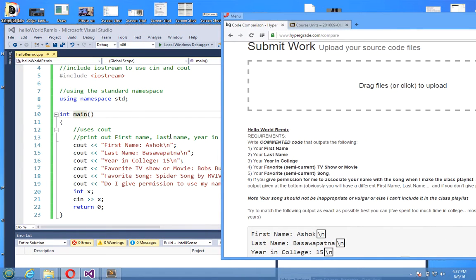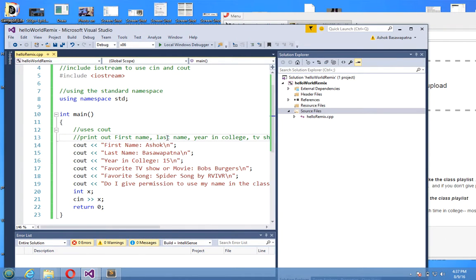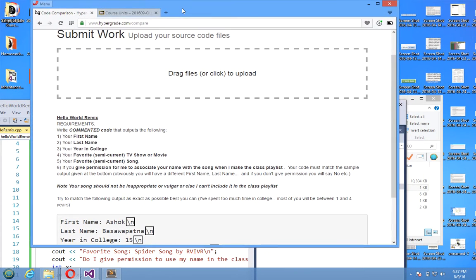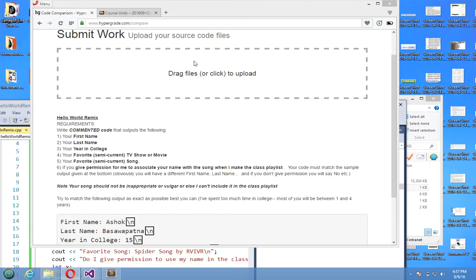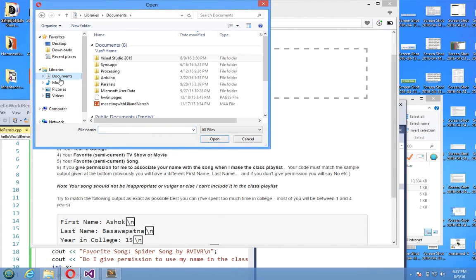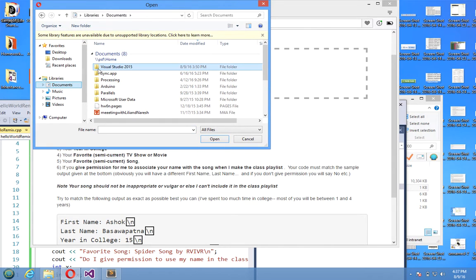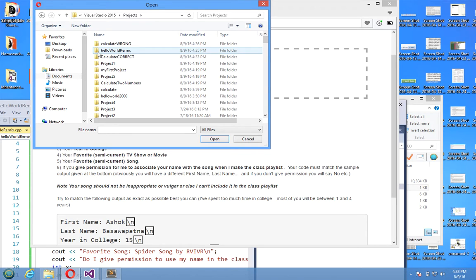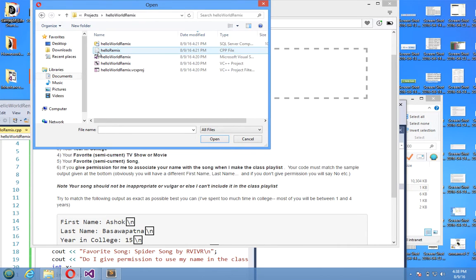And I have my assignment here, and what you can do is you can upload this, and you might be wondering how to upload this in Visual Studio. Well, you can click on Documents, and in Documents, you can go into Visual Studio 2015, and you can go into Projects, and I have my Hello World remix in there, and I'll double click on that, and here's my Hello